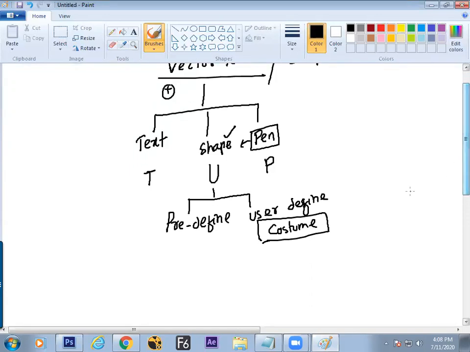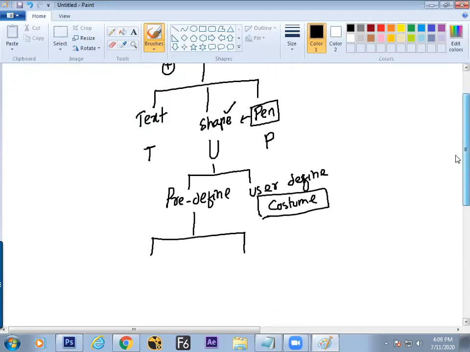Now the predefined shapes are a lot. Like the marquee tool is predefined shapes, right? There we are having selection. Here we do have perfect shapes. So that is also a shape, this is also a shape. That is only selection, this is filled with color.